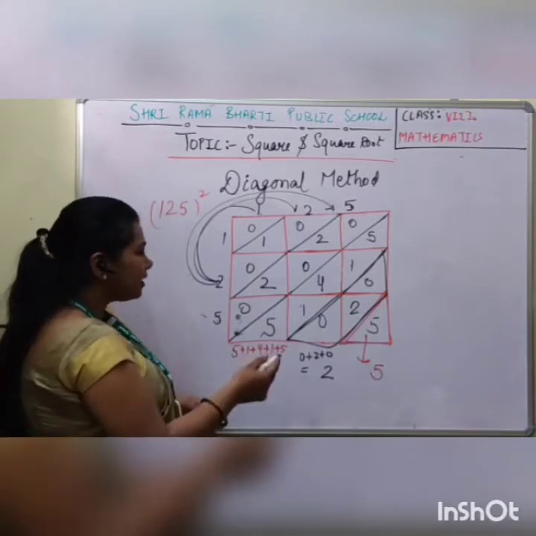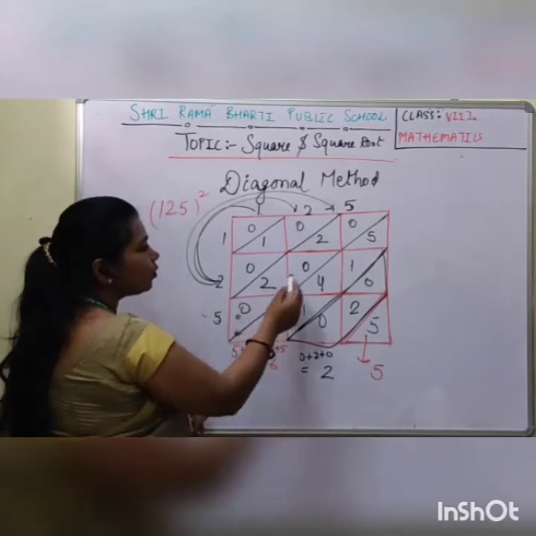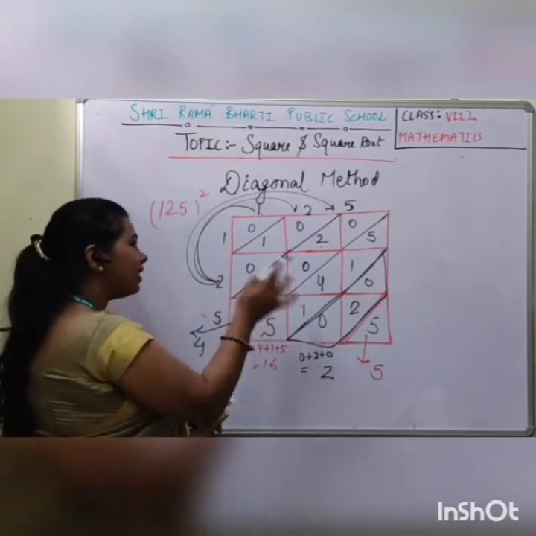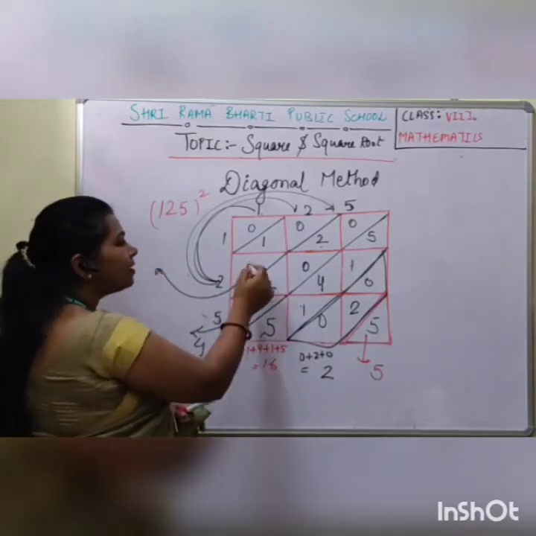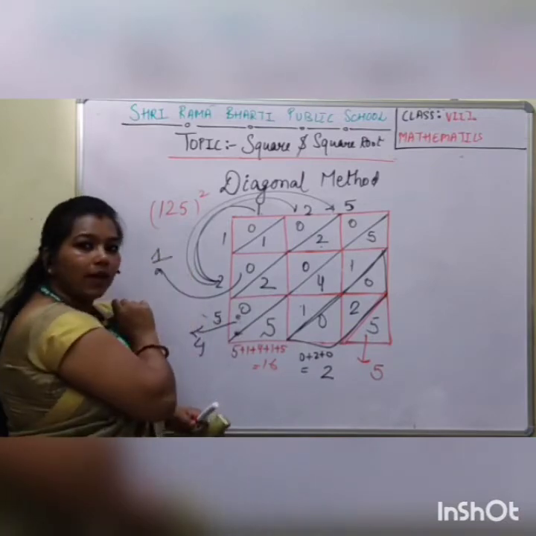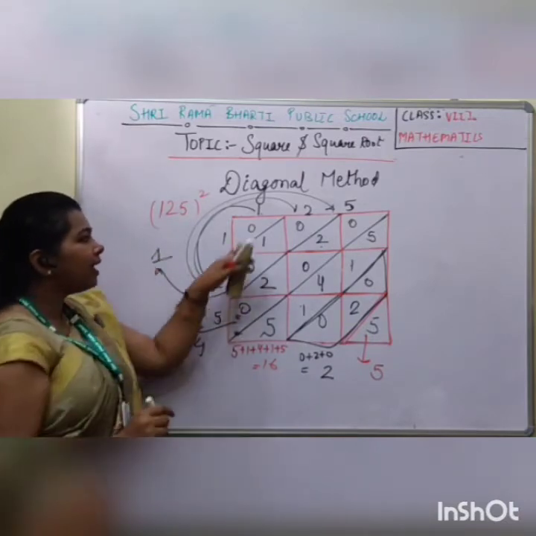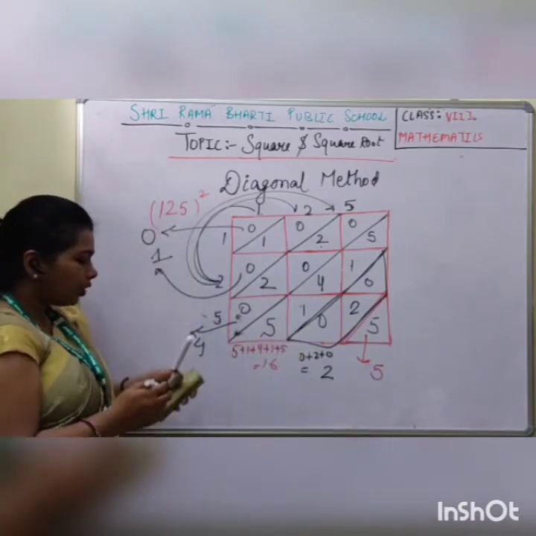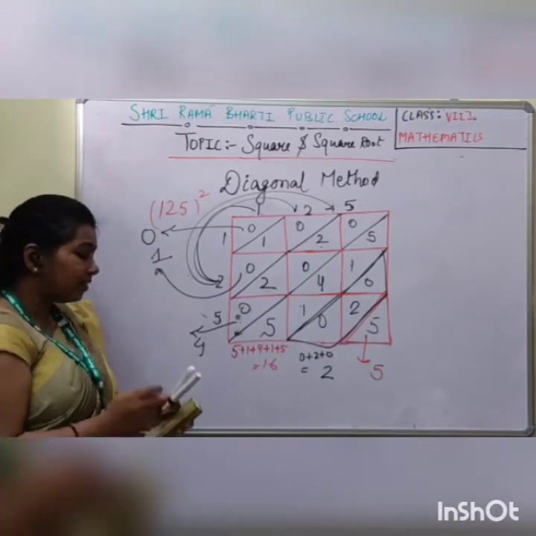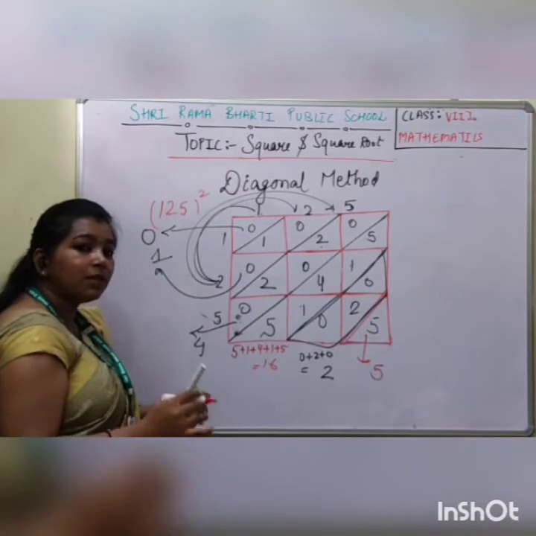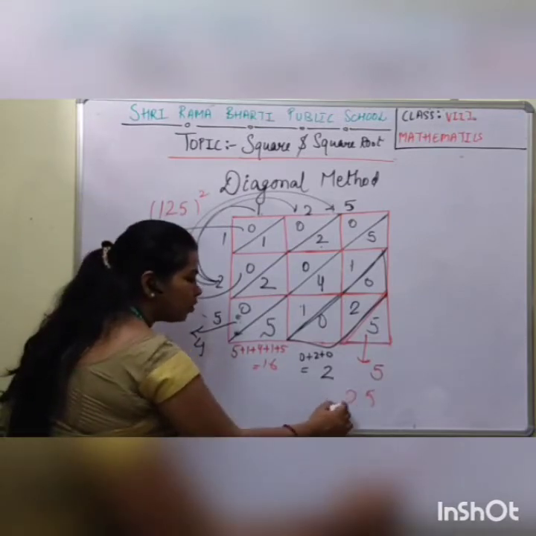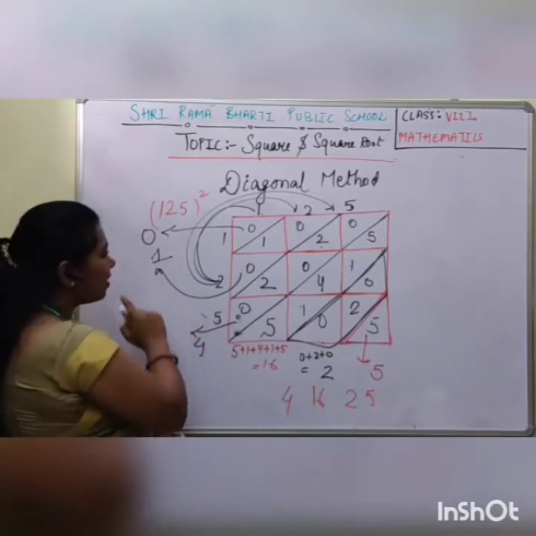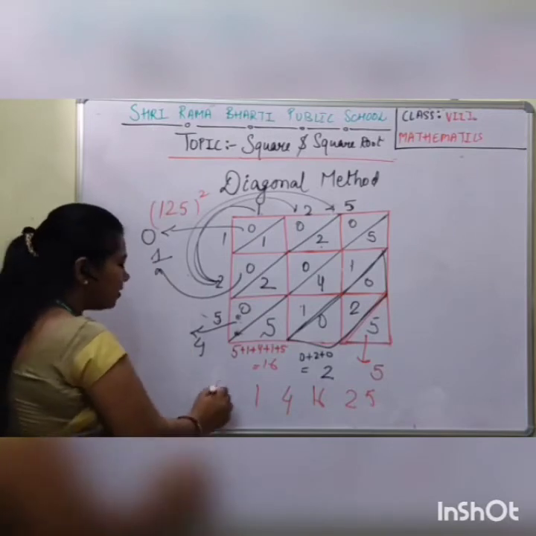Now the next diagonal: 0, 2, 0, 2, 0. So what we will get here? 4, by adding all the numbers. Same procedure next here. What we will get? 0, 1, 0. So it would be 1. Right? Then at the last there is 0, so it will be counted as 0. So now what you will notice here, the numbers we get are 5, 2, 16, 4, then 1 and then 0.